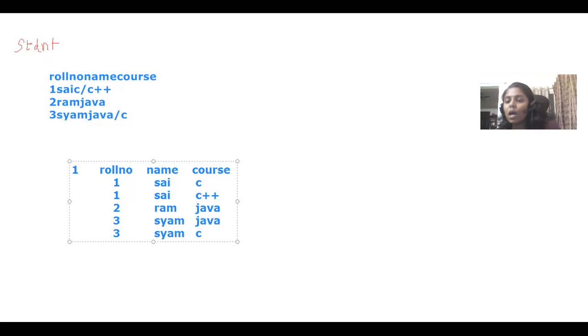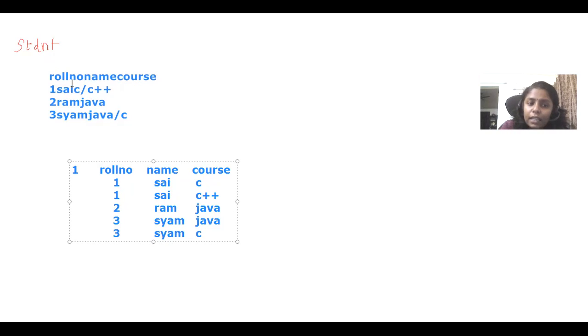So this is how we can make it into normalized form. In this, all the column values or all the attributes are having only one value, single value or atomic values only. Then there will be a small problem.